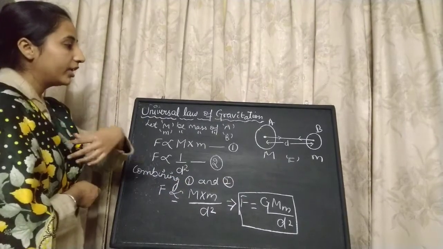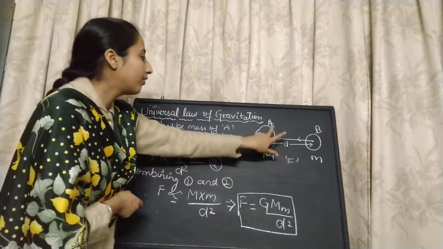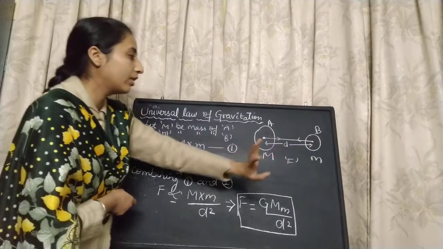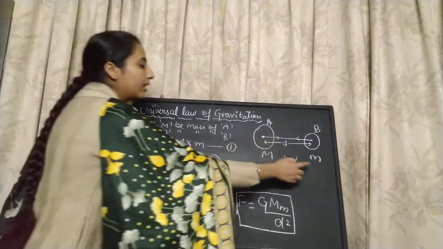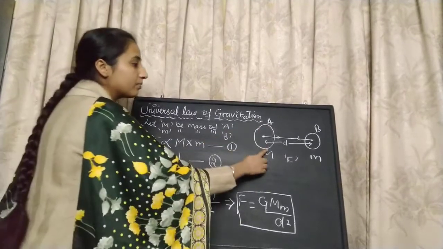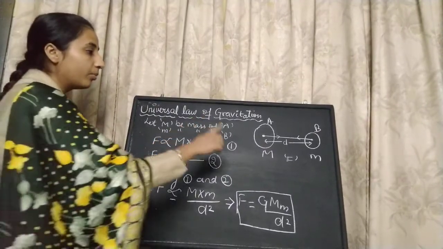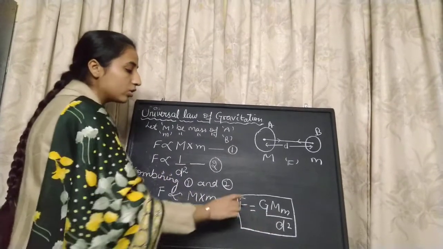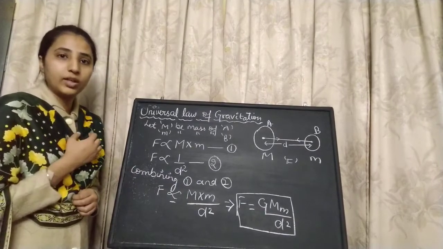Suppose we have to calculate the force between any two objects. The first object is capital M, the bigger one, and the second is small m, the smaller one. Suppose I have to calculate my force, so I will take small m as my mass, and capital M as the mass of the earth. The distance between me and the earth would be the radius of the earth. Putting the masses in this equation and the value of d, also the value of G, I can calculate the force with which I am attracted towards the earth.